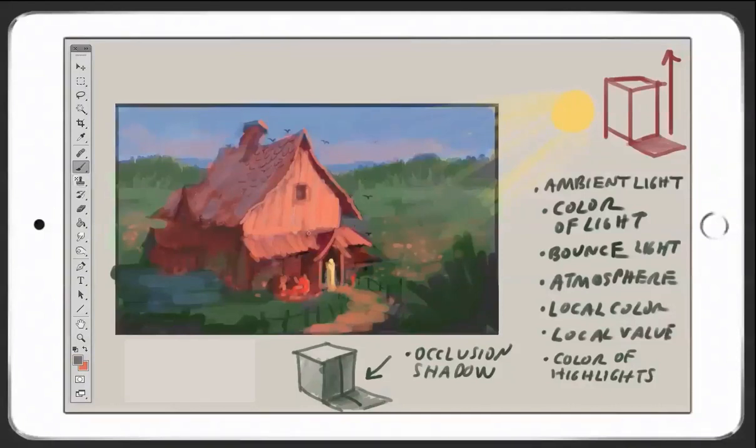Now the sun is more toward the front of the building, thereby the front of the building is receiving most of the light, but not precisely at the front. So what I'm going to do is add a darker value here to this side right there. Remember what I said about light fall off. So therefore this part is going to be darker than this part of the building. So there's going to be some gradation